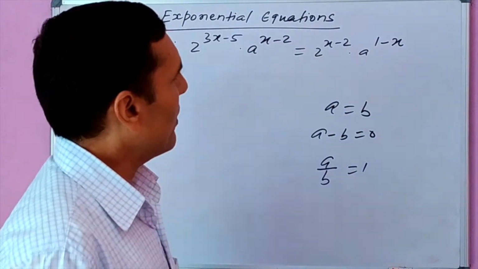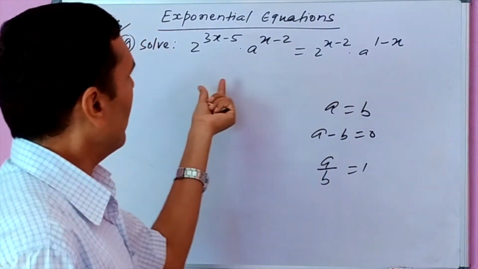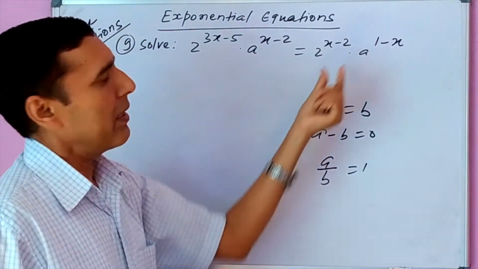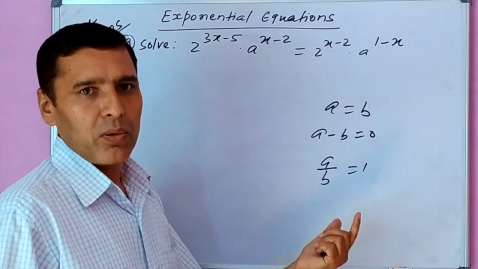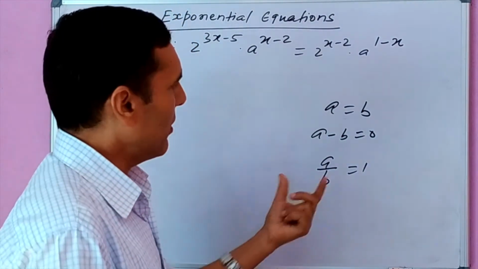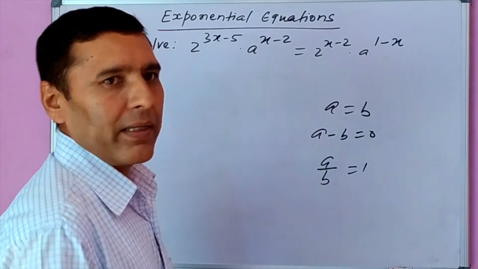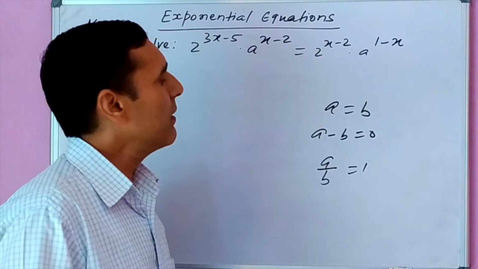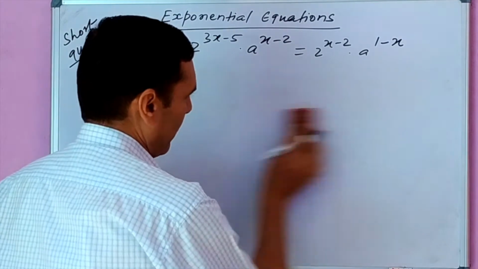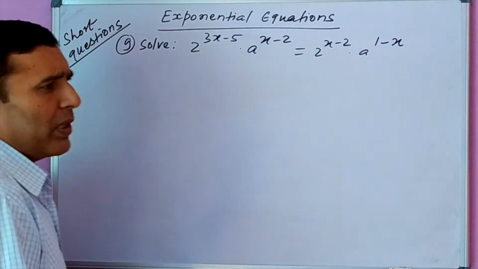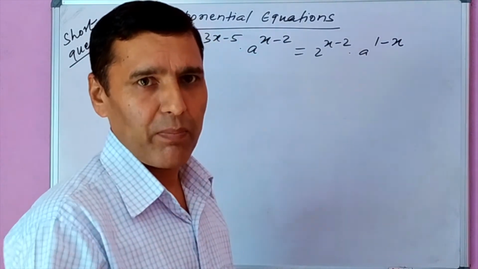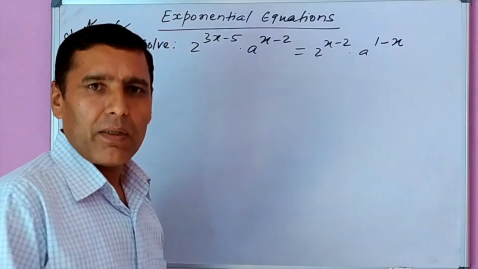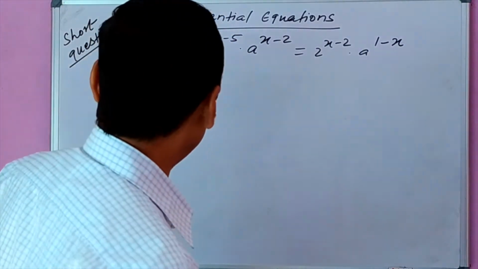So here also we do the same. We bring the right hand side to divide the left hand side, so that 1 will be remaining on the right hand side. Because getting 1 is also one technique to solve this type of exponential equation. When we get 1, we can write it as any base to the power 0, because power 0 of any base is 1, we know it very well.